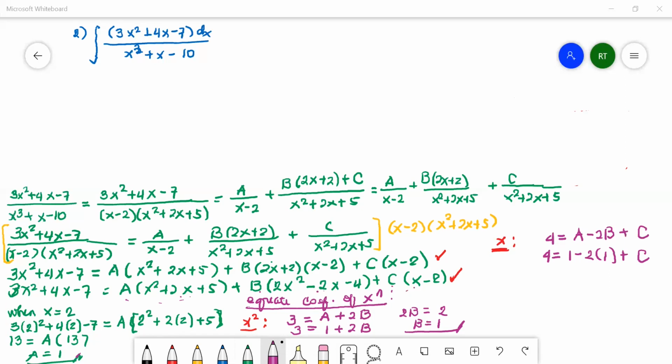Hence, what will happen? We will have 4 is equal to 1 minus 2 plus c. Okay, and if we will solve for c, then c is equal to 4. 1 minus 2 is negative 1, right? And if we will transpose negative, okay, tama ba? We have